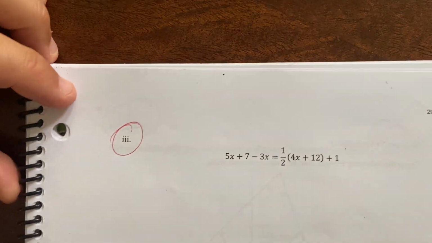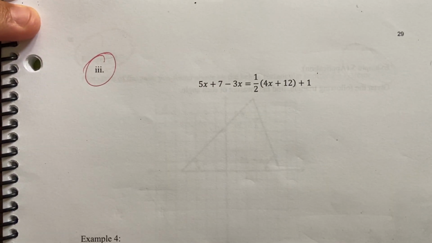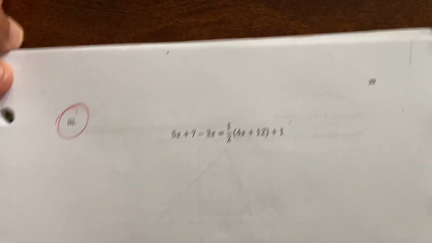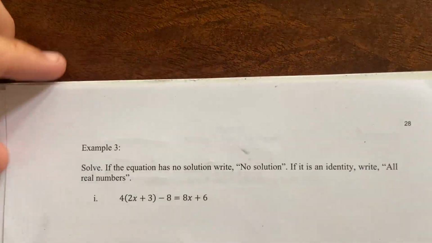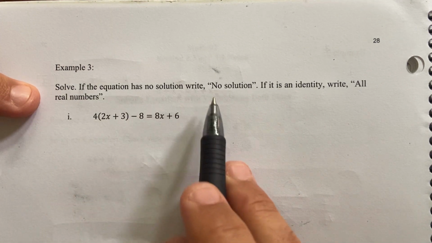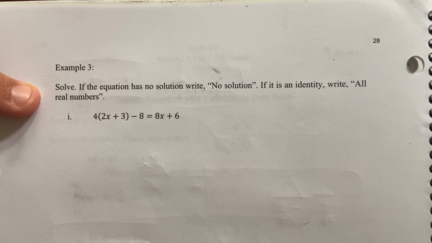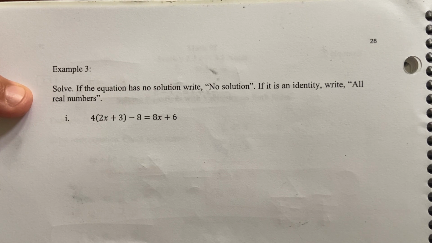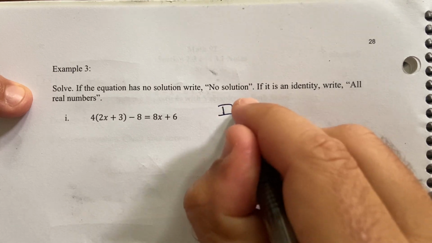I'll go ahead and go to page 29 actually. Let's see what the instruction was. It says on page 28, solve. If the equation has no solution, write no solution. If it is an identity, write all real numbers. So for the identity,